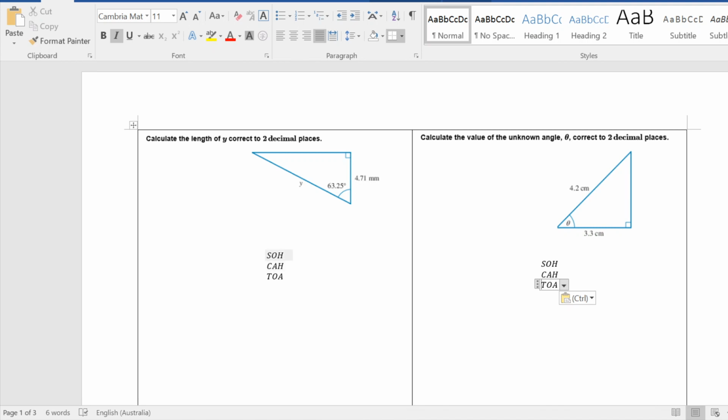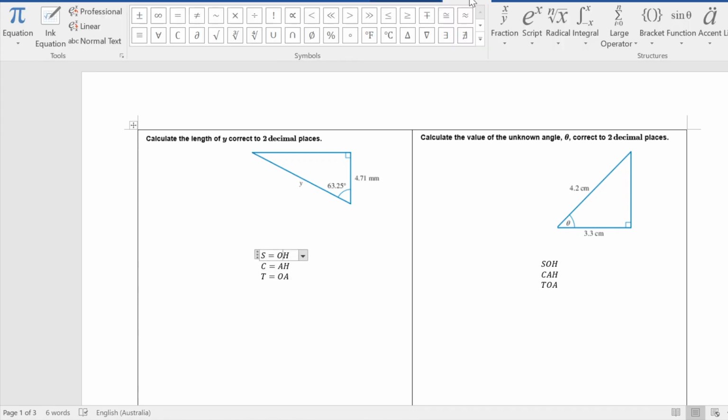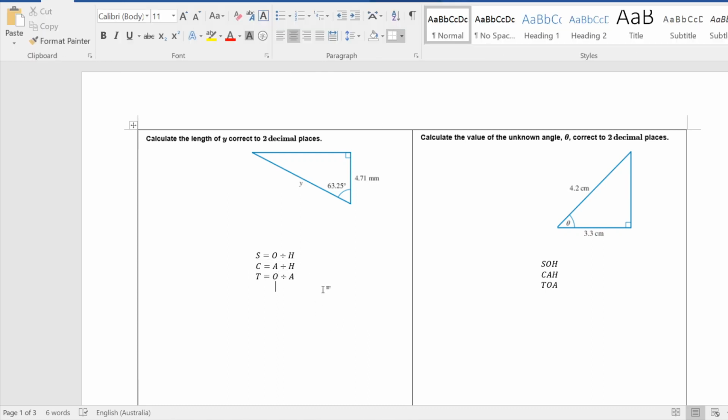Now, when you've written all of them down, what you want to do is put an equals. Obviously, if you're writing this in your book, you might want to space it out a little bit. But first thing you do is put an equal sign down there. And then what you're going to do is insert a divide or a fraction, doesn't matter which, okay? I'll do a divide, but when I do the actual math for it, I'll put a fraction. And what this gives us is the ratio, and from here we can actually expand them, because S stands for